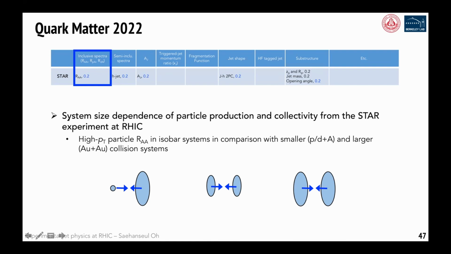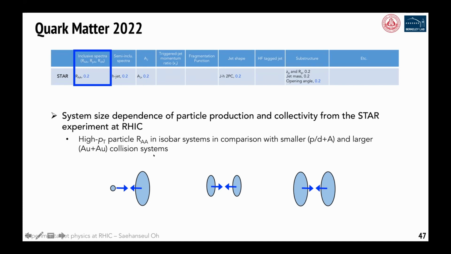So, system size dependence of particle production and collectivity from the STAR experiment at RHIC. This talk is combining multiple small talks, including things from CF, and is it FCD or CF? Okay. And also from our own members. Okay, FCV, okay, thanks. And it shows the high pT particle RAA in the isobar system in comparison with smaller